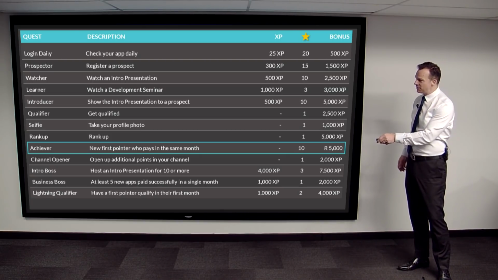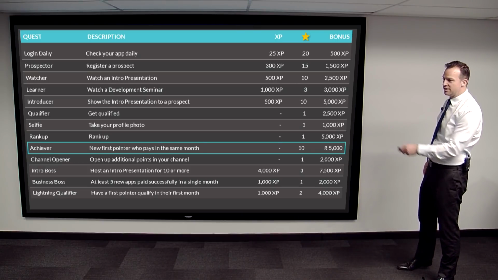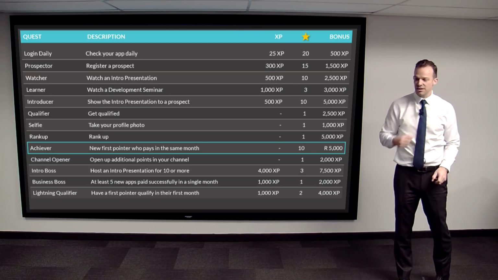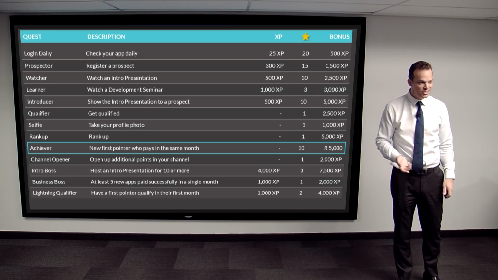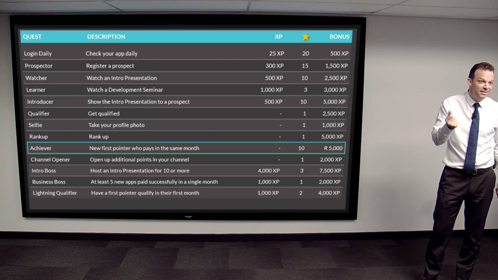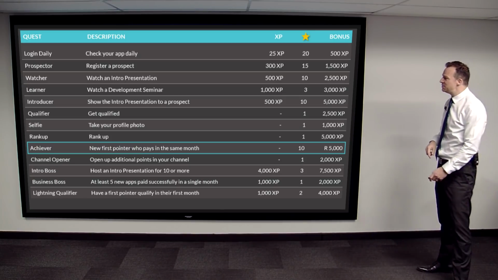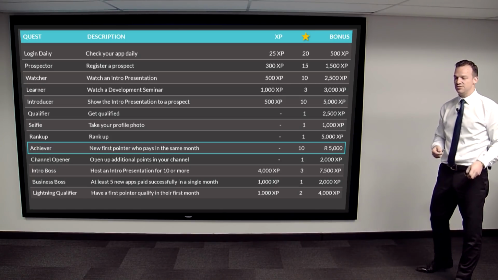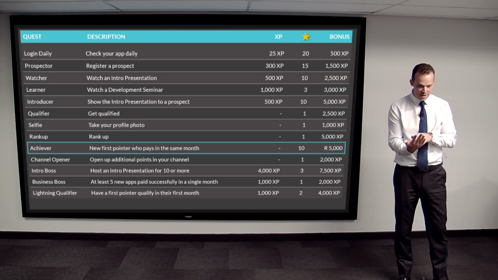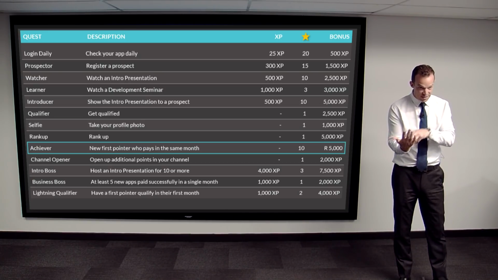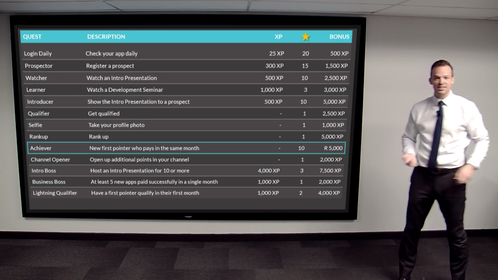Right? Take a selfie. Where's take a selfie? There. Take a profile photo. So if you go into your profile, you take a photo of yourself, you get 1,000 XP. So to get to 4,000 XP, we're going to do it today. Right? Easy peasy. So there's 25 of these. If you go onto your app, you'll look at the bottom of the app. There's a tab called Rewards. Click on Rewards. You'll see this whole list come up.